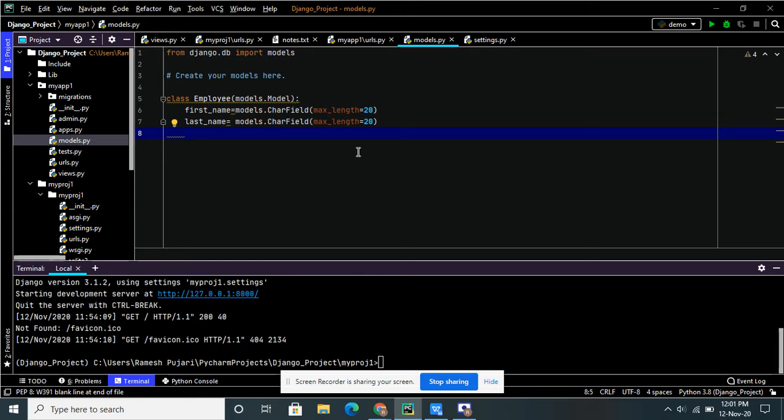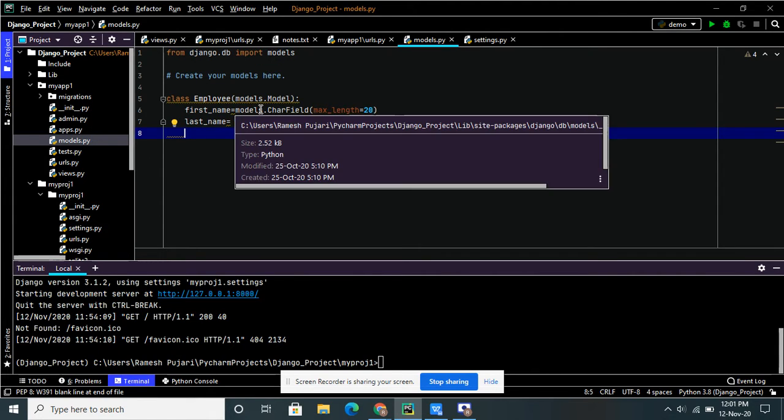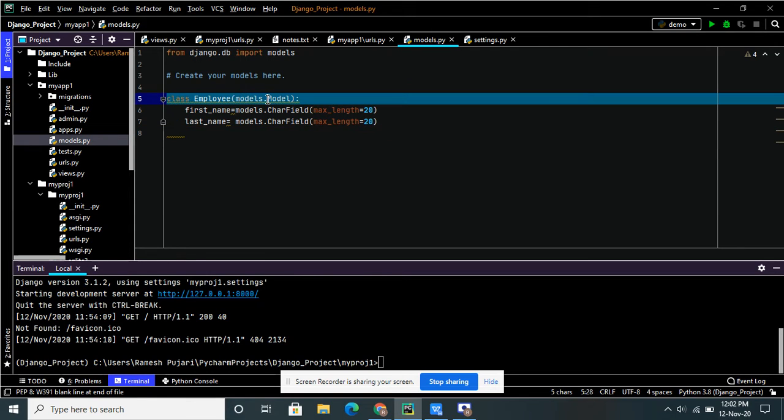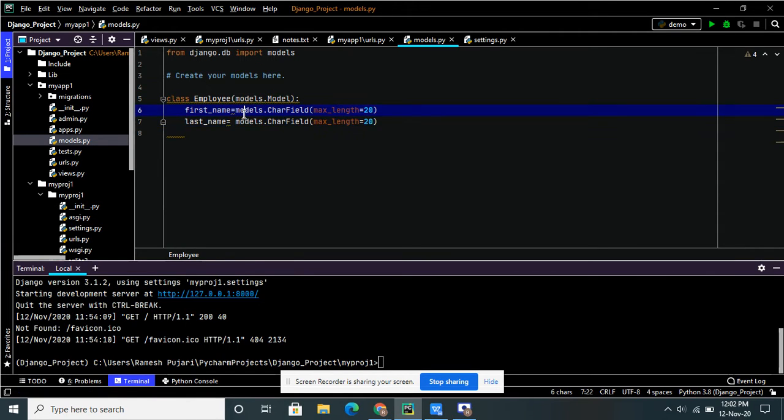Now the database table will be created automatically when you are inheriting models. Generally in the Django model, the id will be created by default. So in the table, the id field will be generated automatically, and whatever fields you provide will be combined with the id.